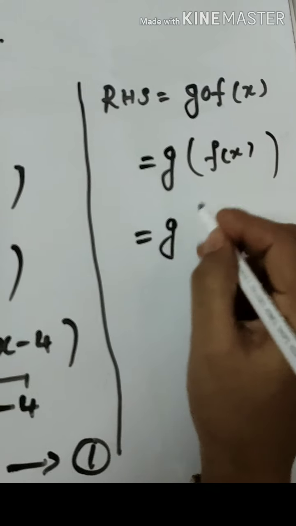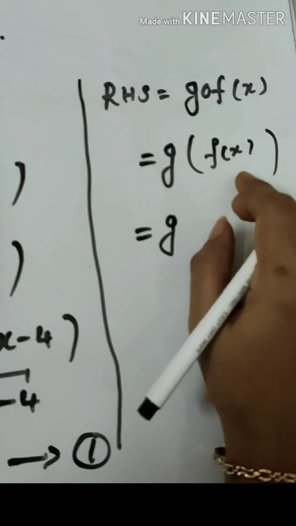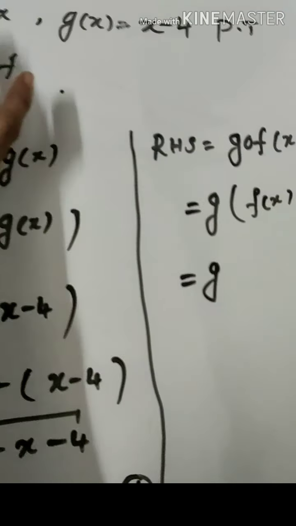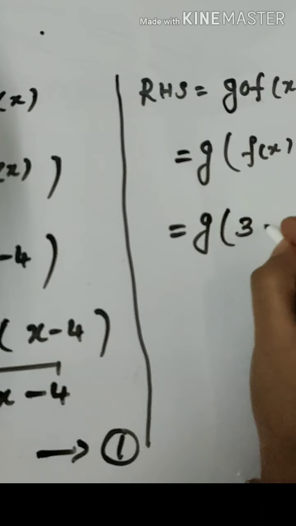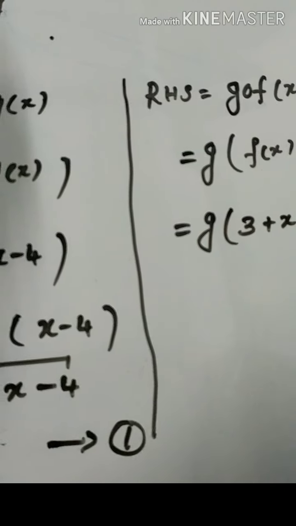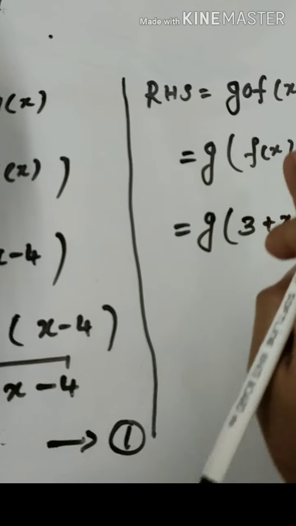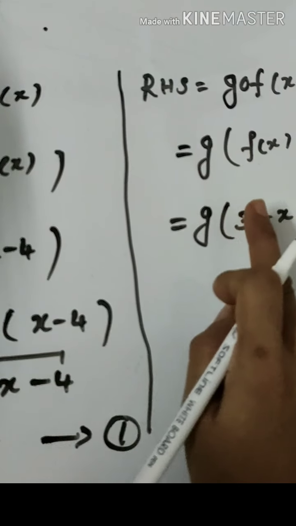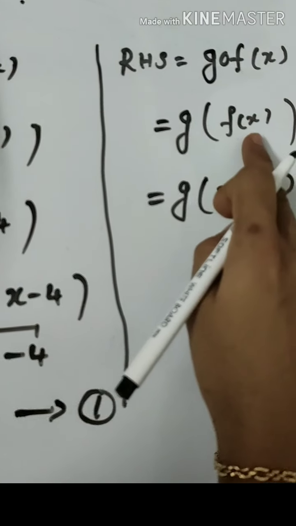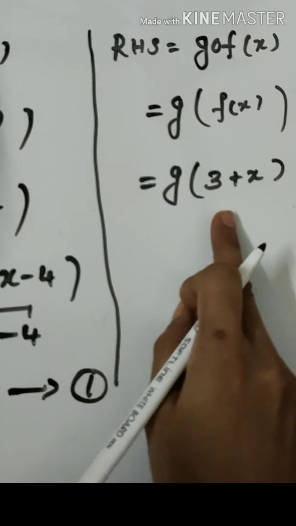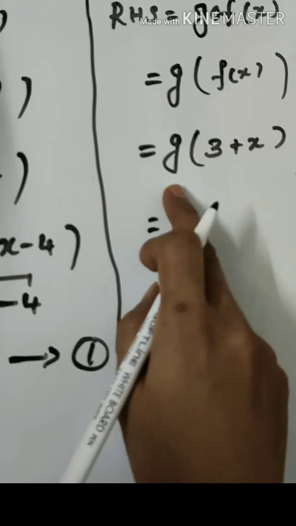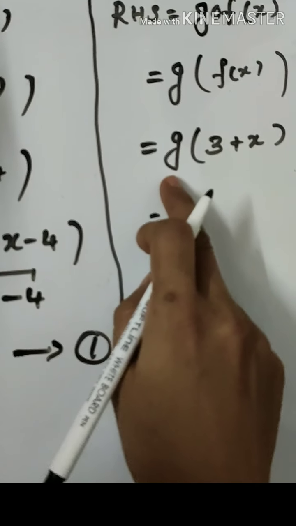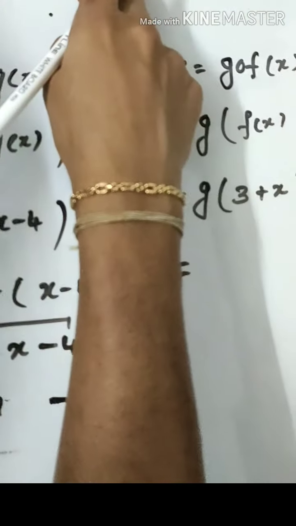What is our third step? Whatever we have inside, we have to write the function value. So f of x is equal to 3 plus x. We can substitute over here. Instead of f of x, we can write 3 plus x. So first step, we are adding x. Next step, we are cancelling the composite function. And third step, we write the given function value, that is 3 plus x. And fourth step, we have to look through the outside function. What is our outside function? That is g of x.